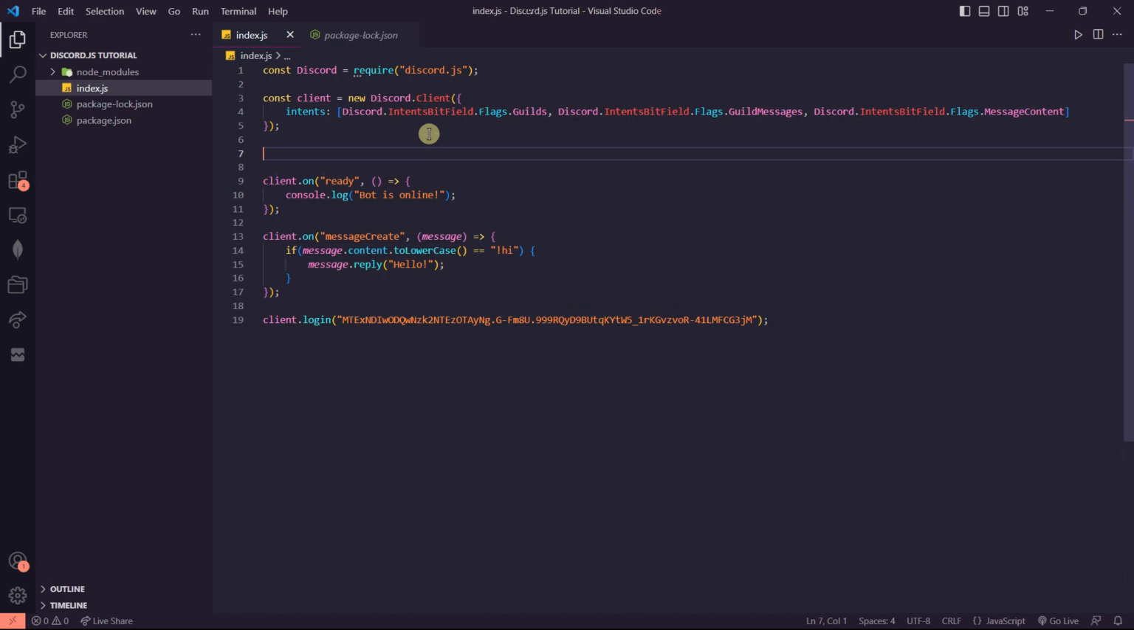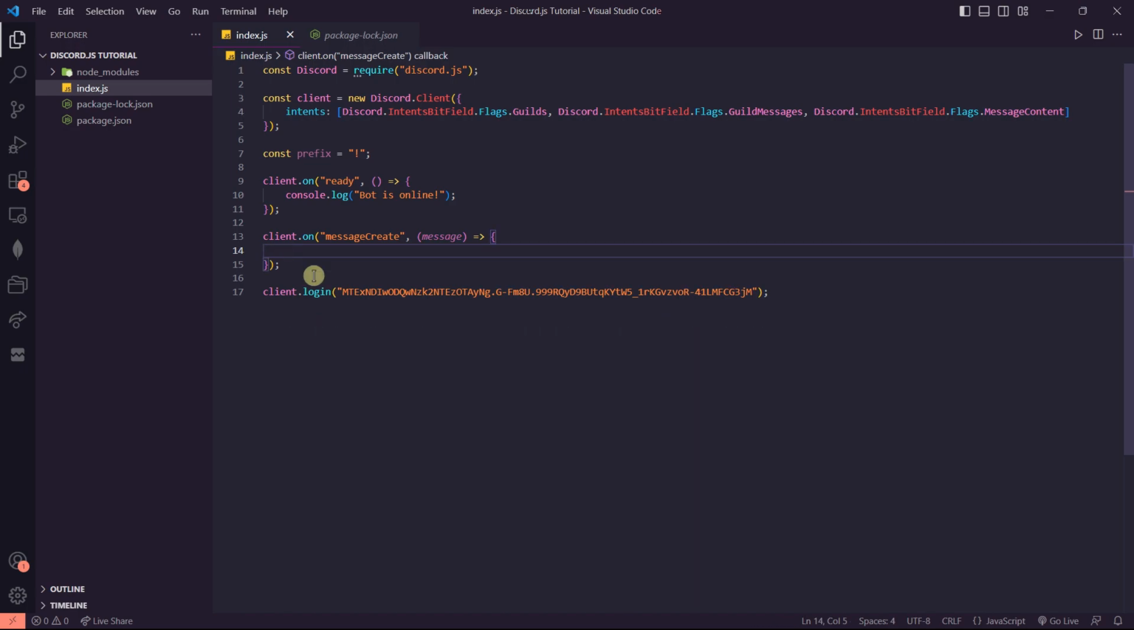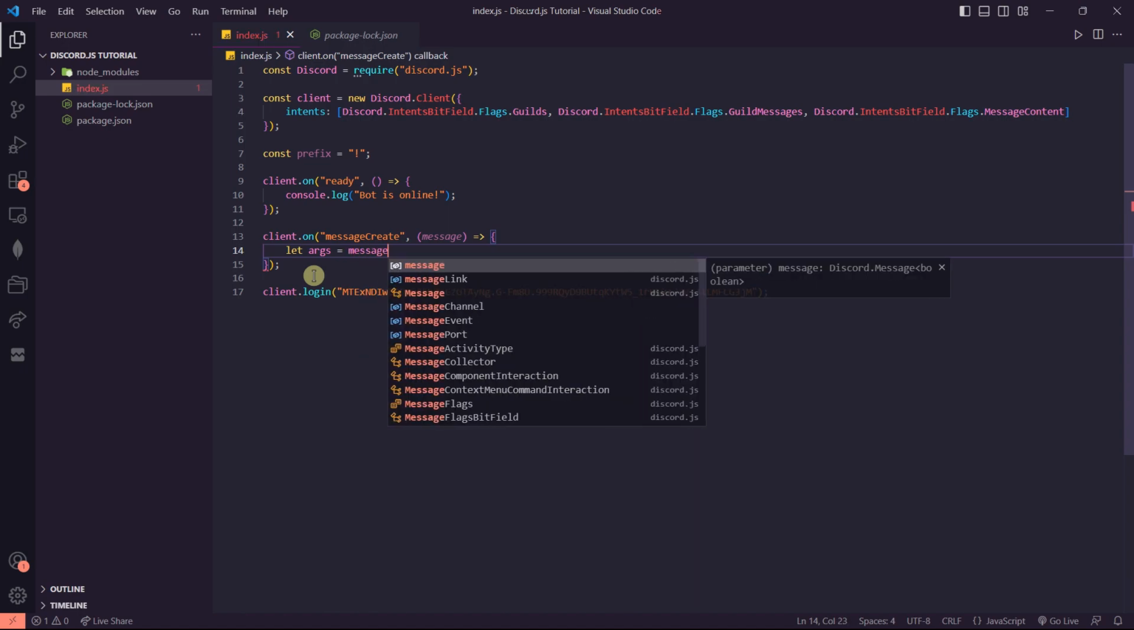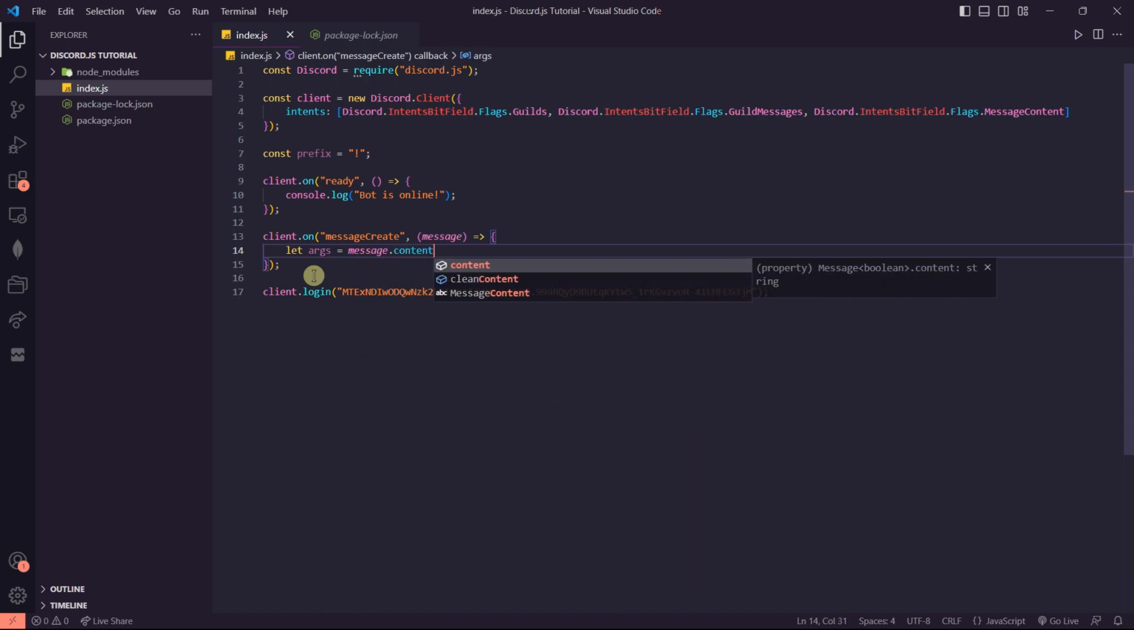I'm gonna make a constant here, const prefix is equal to, and the prefix for our bot will be an exclamation mark. And I'm gonna remove the old code here, and now I'm gonna divide the message content and make an array out of it. So I'm gonna call that array, let args will be the name of the array, is equal to message dot content dot